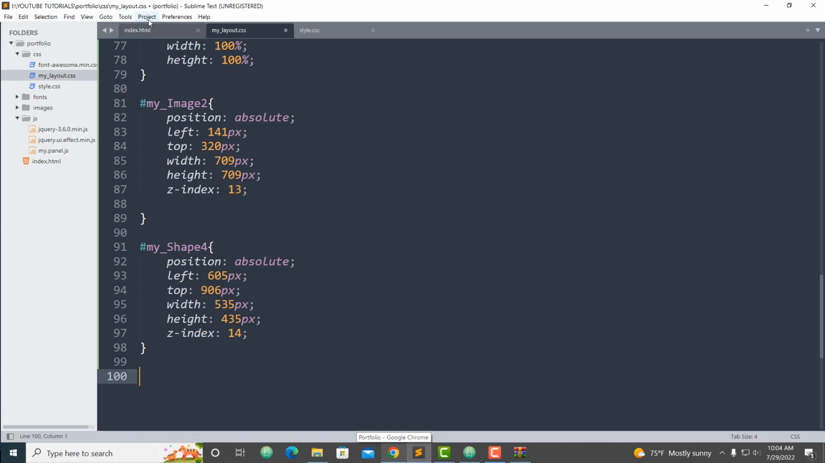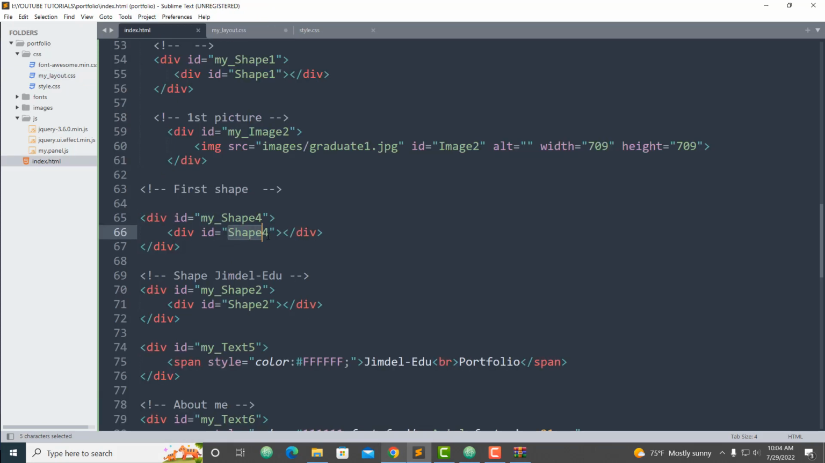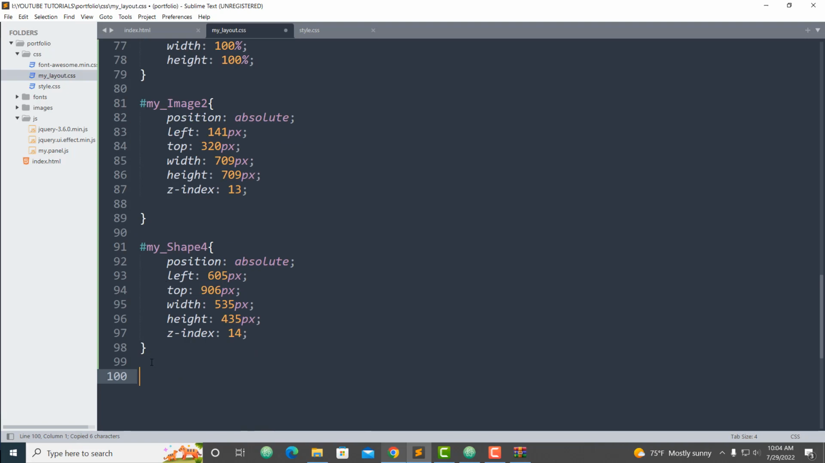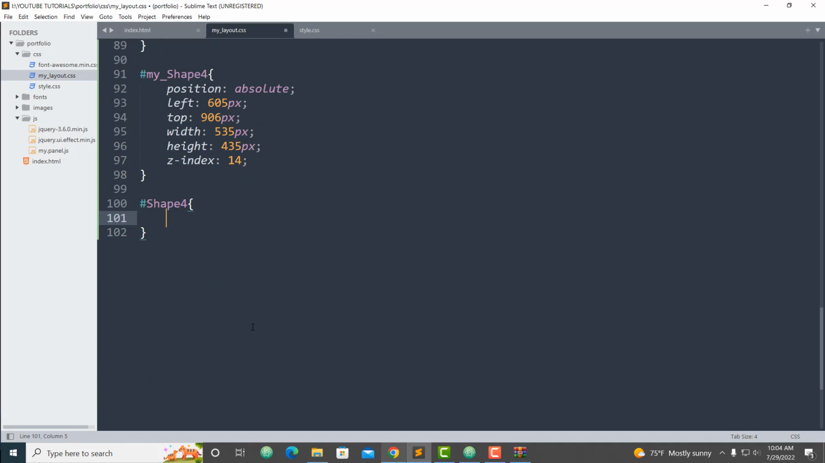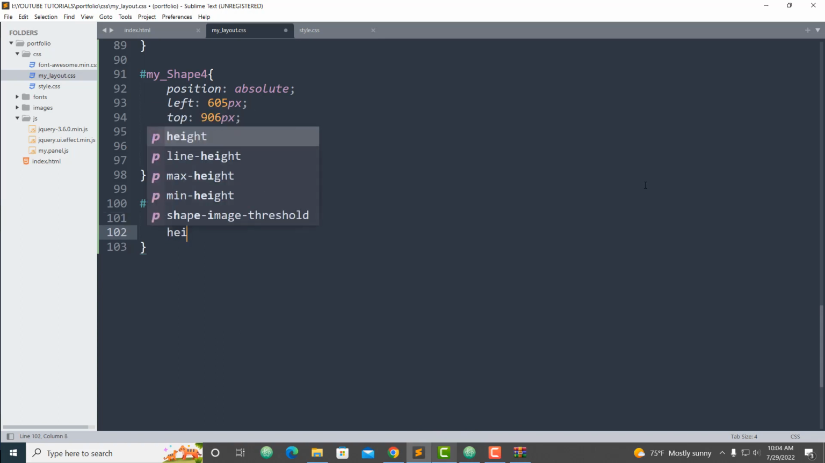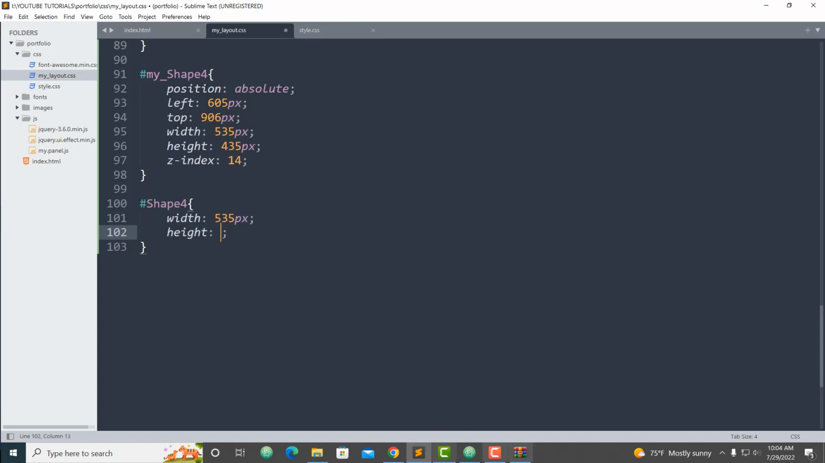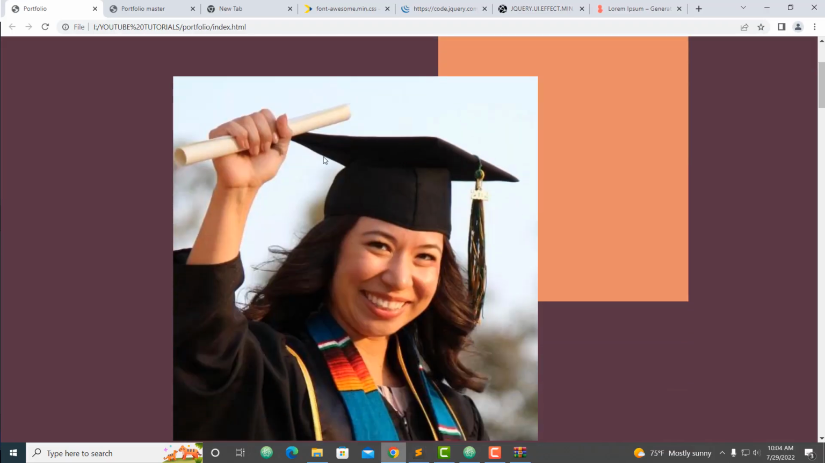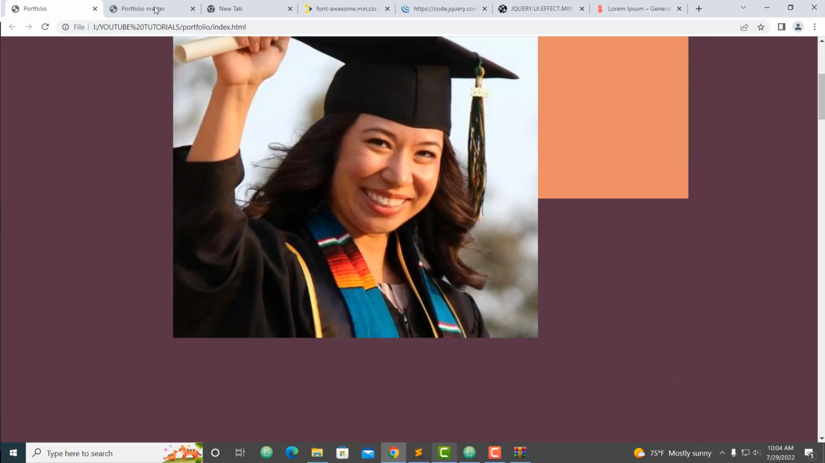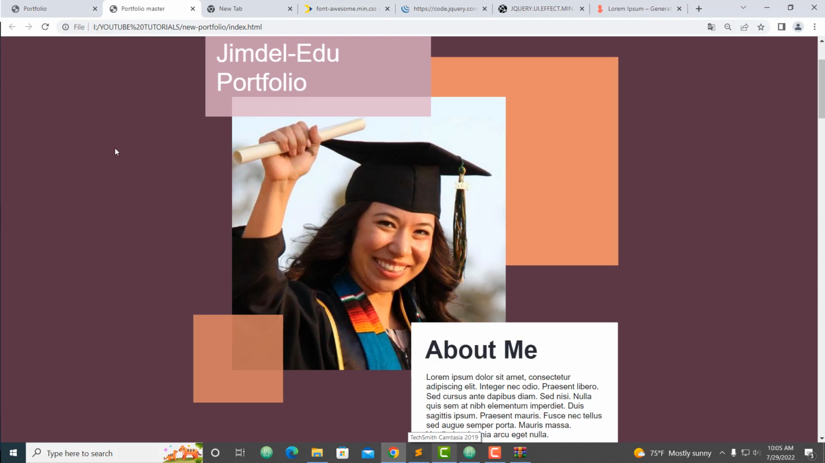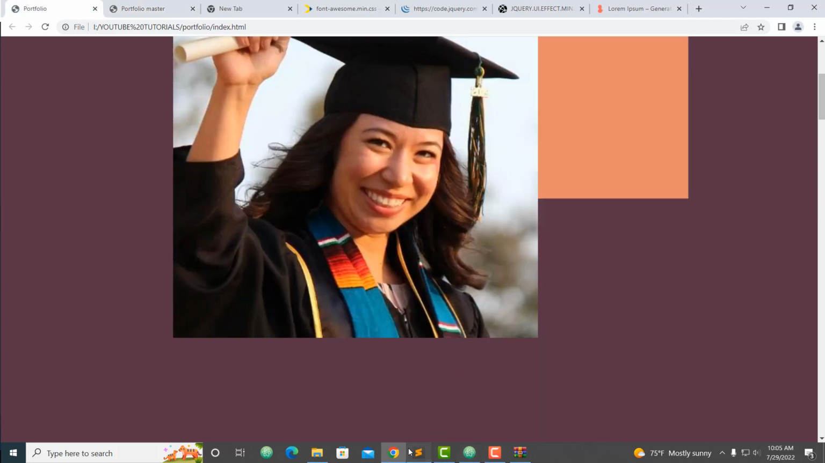Now next, after my shape 4, remember we have shape 4. Copy shape 4, paste it here. Now working with shape 4, we need a width of, and I'm going to add a height. Because if you take a look here, you have to fix everything here. The same for this, as you can see here. Let's go here,